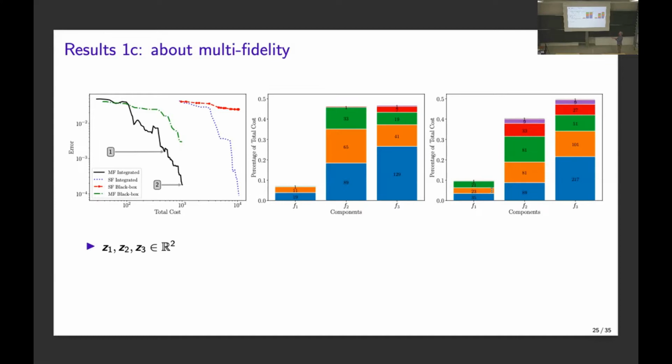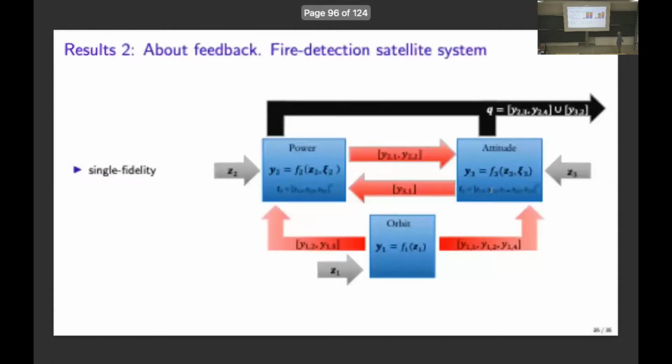So the gain is impressive, and the message here is that I can allocate work on different components where it matters. Component 1 matters less than components 2 and 3, so I get less work allocated to component 1. And on top of that, you see that I allocate more work on the coarse fidelities. So I get everything under control. I allocate work where it needs to be allocated, and mostly on coarse fidelities. So that's the dream, in a sense, for a multi-fidelity approach: I only allocate work where it matters, and only on the coarsest fidelities.